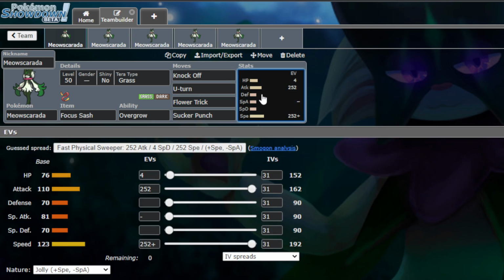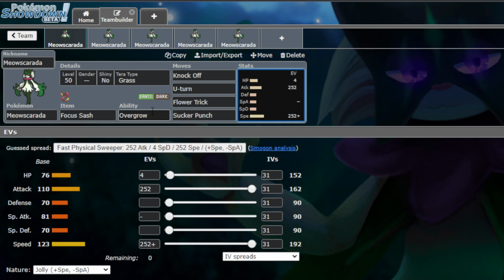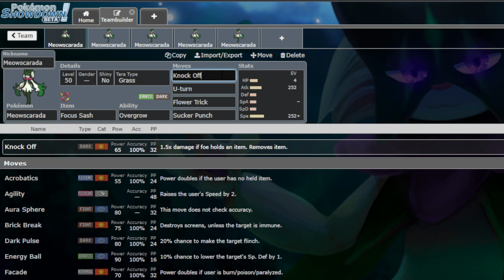Okay, so for the first build, we have the ability Overgrow. Feel free to change Overgrow to Protean, however, or whichever ability you think is best, and along with the item as well. So for the item we have Focus Sash. We have Knock Off, U-Turn to gain momentum, Flower Trick, always results in a critical hit,